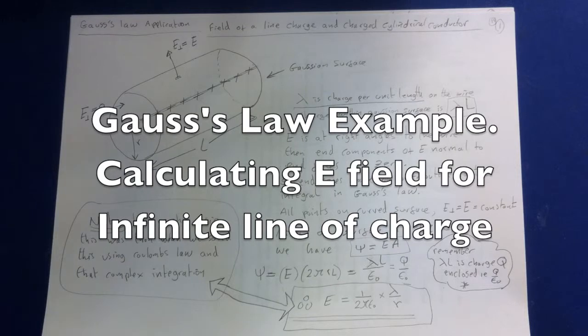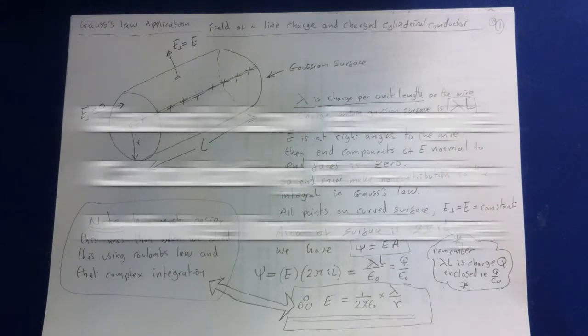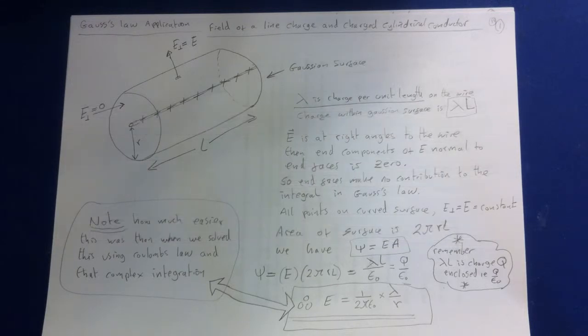Consider the electric field coming from a long, thin, uniformly charged wire. This was solved using integration with Coulomb's law, but with Gauss's law it is possible to find the field by an almost trivial calculation. If the wire is very long and we are not too near either end, then by